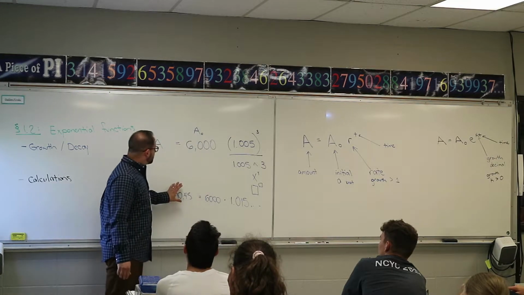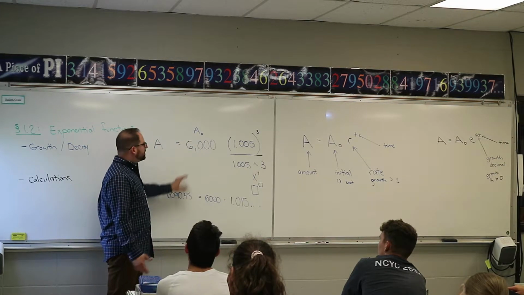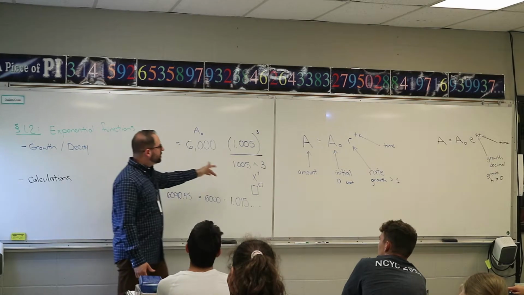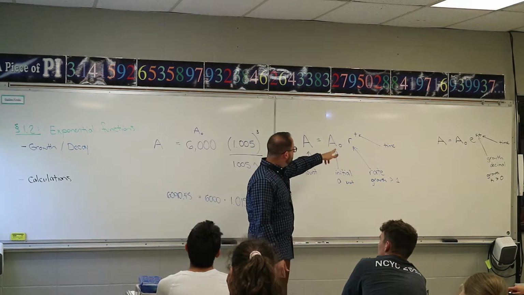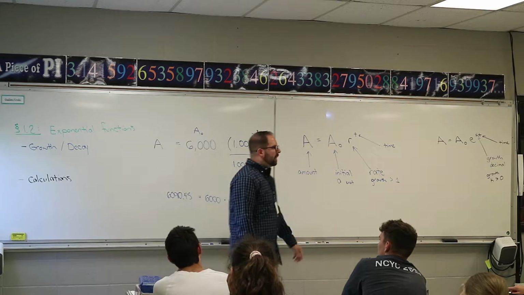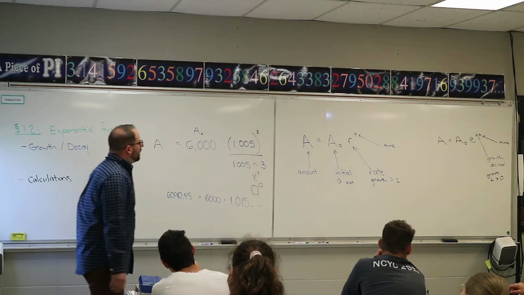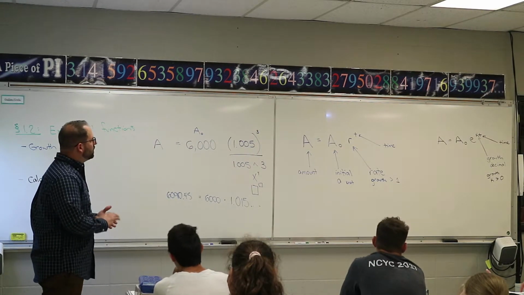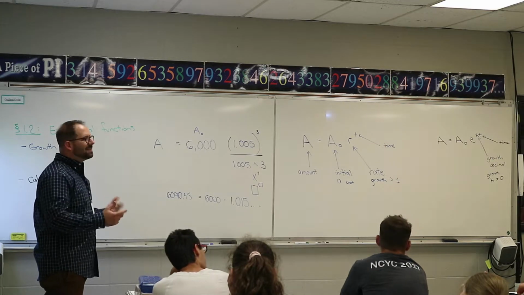But yeah, so this can give you what the amount will be after 3 years. Does that make sense how the formula's working? Now, the formula I actually used was this one. I typed in my rate, typed in time, typed in my A to the 0. That's the idea. So now, let's say